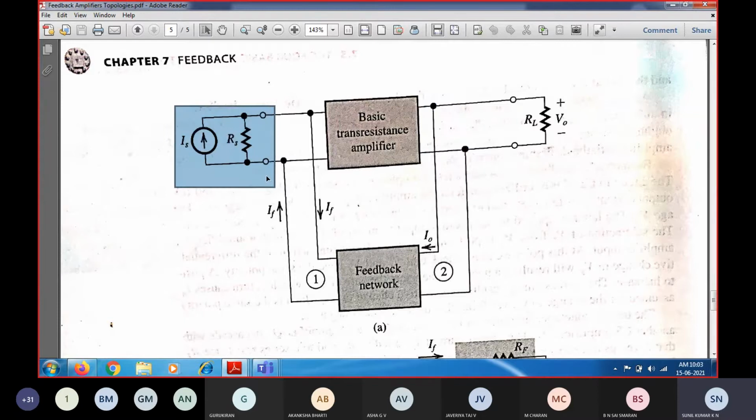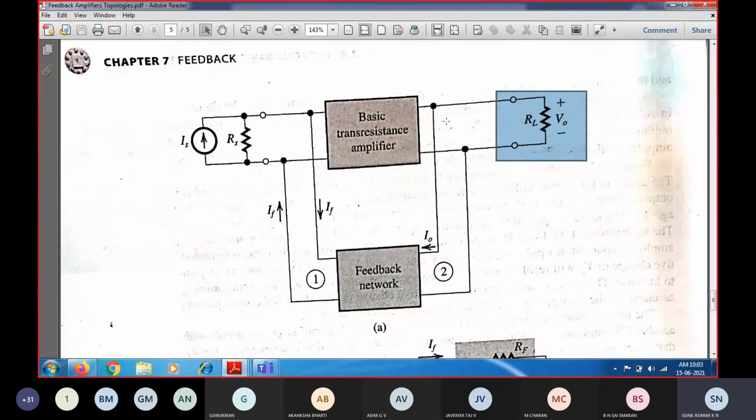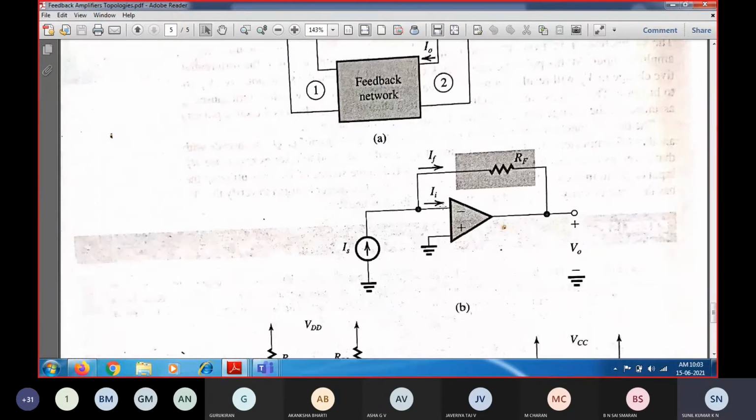So whenever we have this mixing, similar to that of a current amplifier input side, you are going to have mixing of current take place in parallel, so shunt. So the configuration is called shunt configuration, and the type is also called current mixing voltage sampling. So this is about this one, and for this we are going to take an example circuit